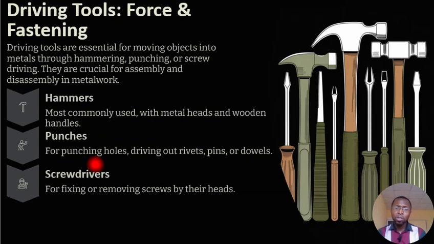I will now consider the driving tools. The driving tools, according to the name, are mostly used for driving objects into metals. These instruments are hammers, punches, and screwdrivers. So when you make use of a hammer, the action is called hammering. When you make use of punches, the action is called punching. And when you make use of a screwdriver, the action is called screw driving. They are very crucial when it comes to assembling and